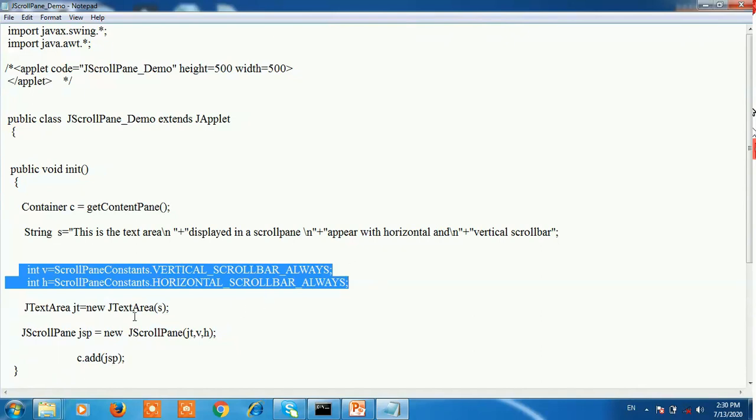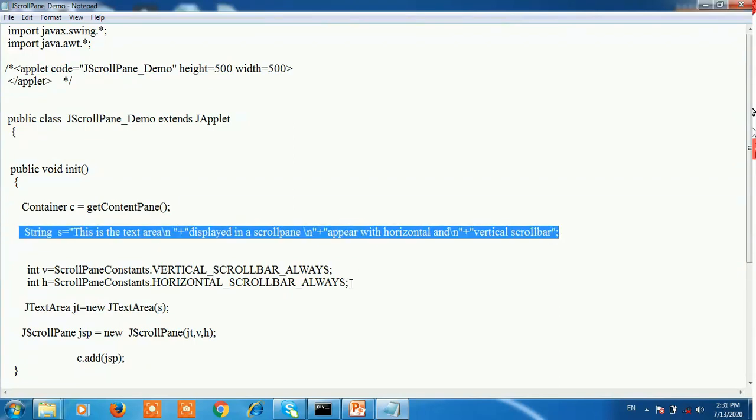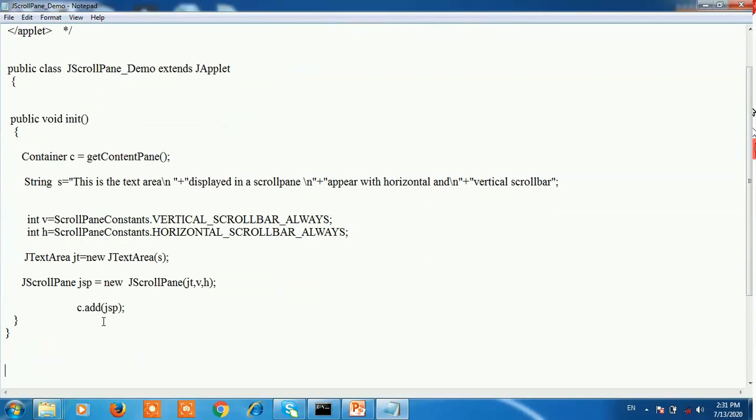Then next, create a text area: JTextArea jt = new JTextArea(s). S is the string, which means this string is displayed in the JTextArea because we pass the parameter s to the JTextArea. Then next, create an object of the JScrollPane: JScrollPane jsp = new JScrollPane, having three parameters.